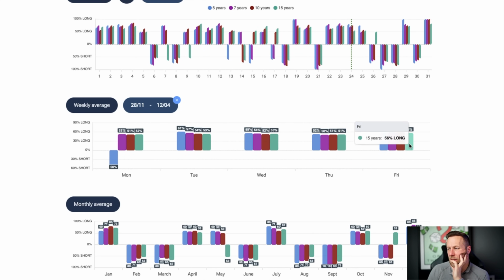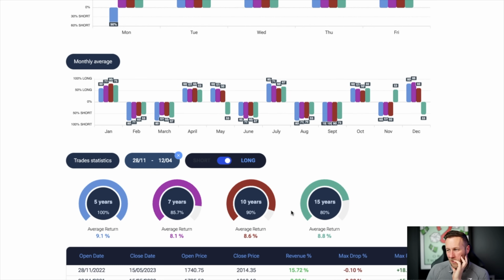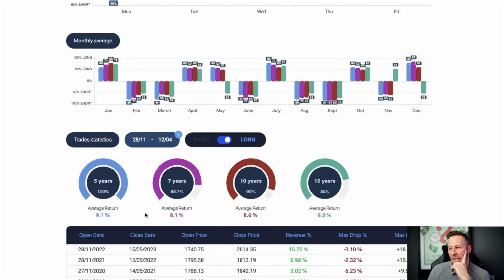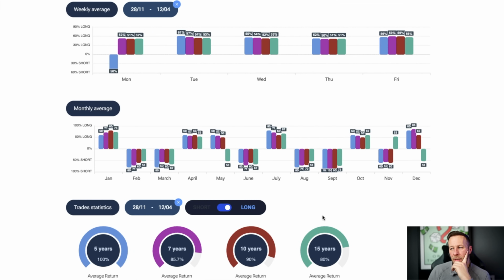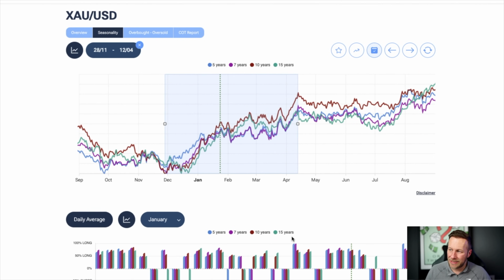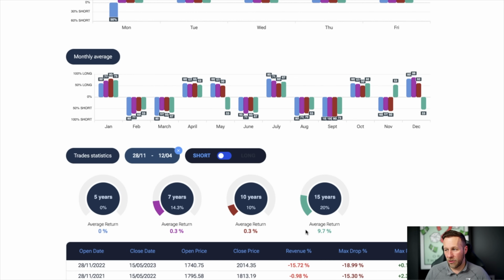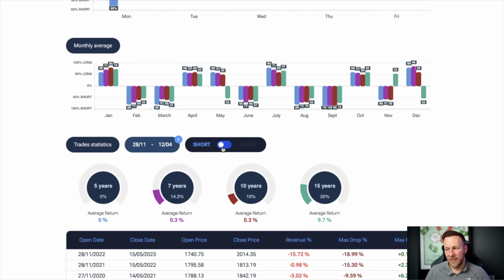Look, weekly averages, monthly averages at the moment, February. So if you were to go long, 9%, 8%, 8.6%, 8.8%. So when people are telling me that they can't do 10% per year, I'm talking about 10% in a few months. And if you click short, you're going to see that you don't really have a good opportunity to short this. Okay, it's not a good idea to short this, but long over that period of time,